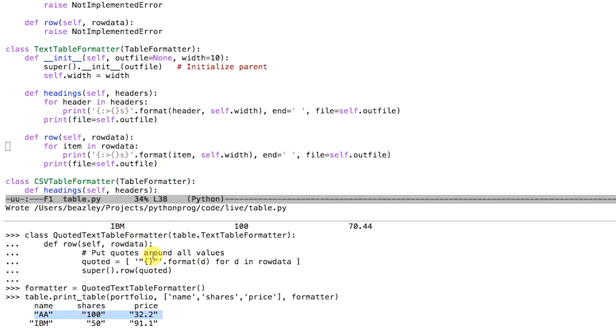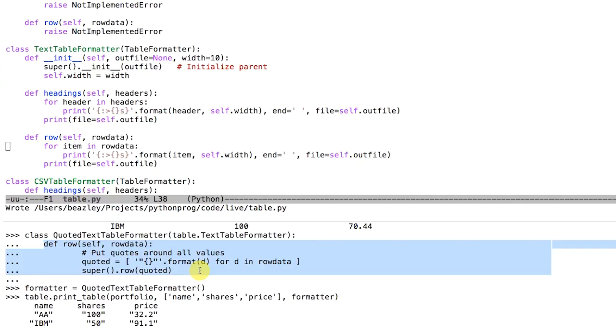Turns out that this also presents kind of an interesting problem with inheritance. Let's focus on this code for a second. What we have is a method that puts quotes around the values, but it doesn't really have anything to do with text table formatting specifically. Maybe I want to have quotes for a CSV table. Maybe I want to have quotes for an HTML table. It seems a little weird that I've attached this to the text table formatter class. It's some kind of tight coupling, basically, where I don't know whether I like it just totally